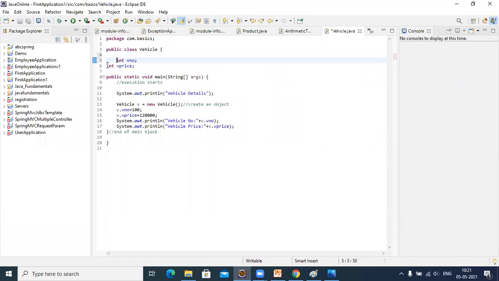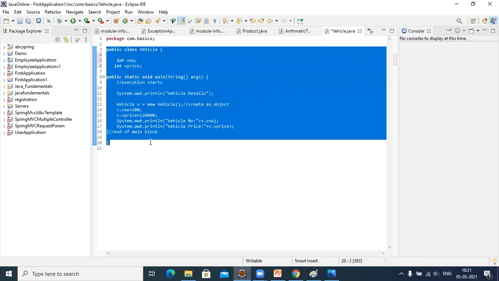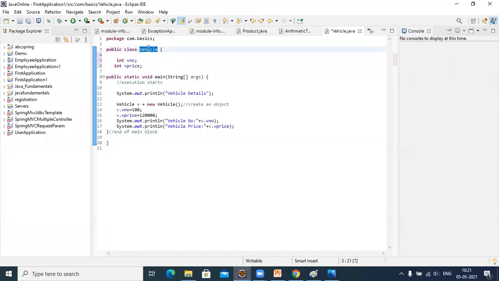So these are the different member variables. You have a class. A class is nothing but a real world entity. Is a vehicle not a real world entity?